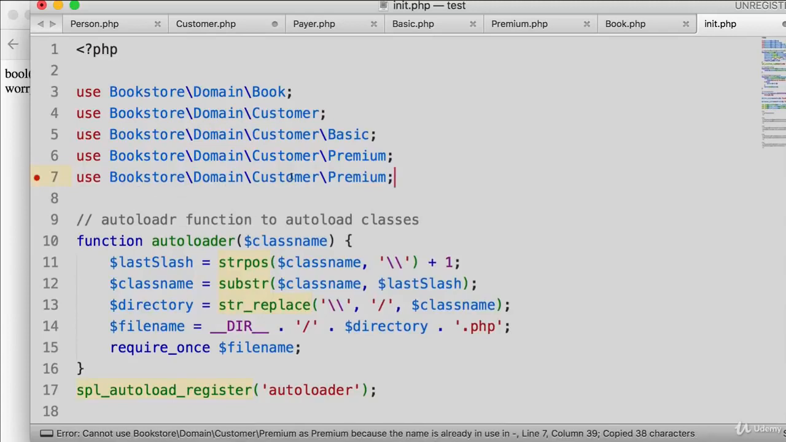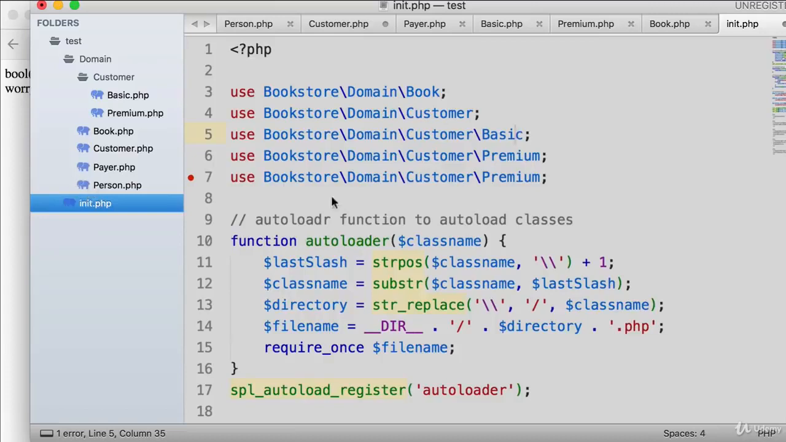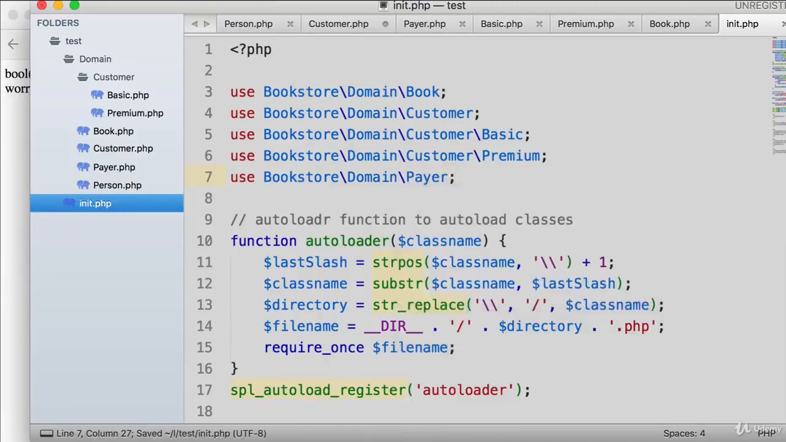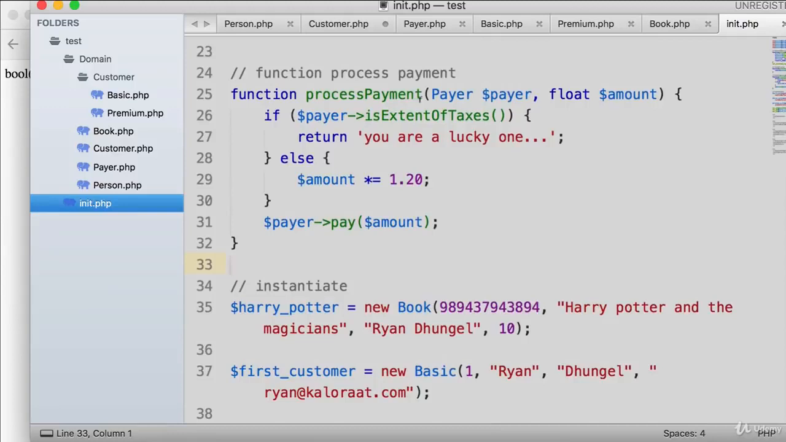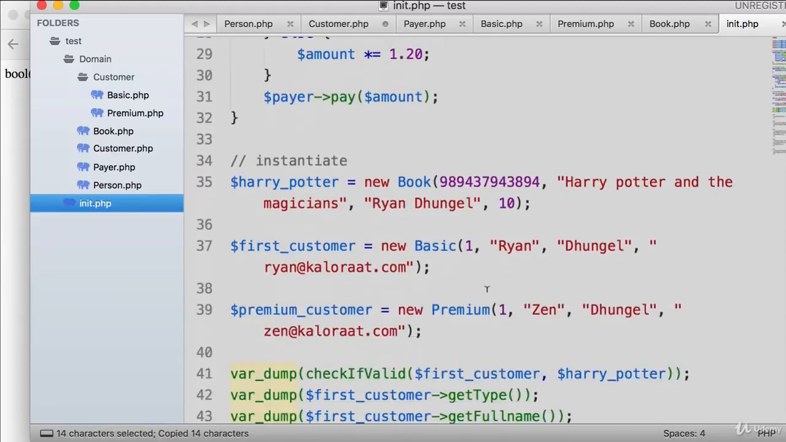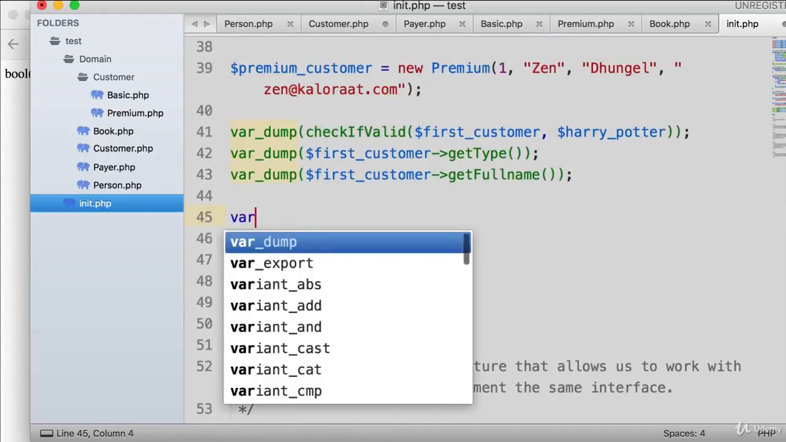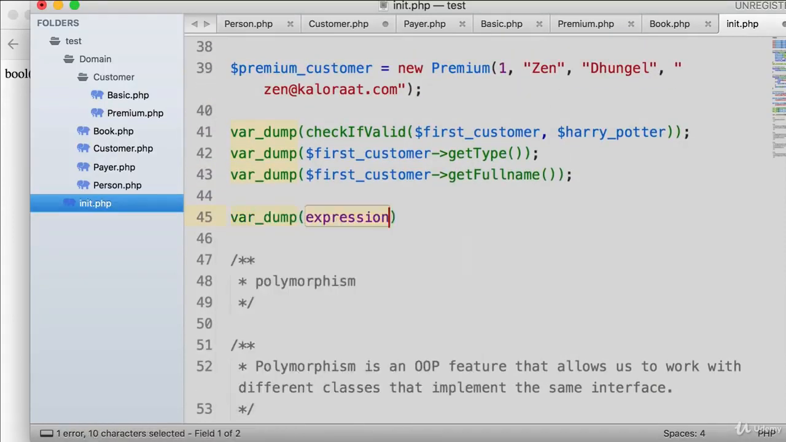Okay, bookstore domain. Let me see the folder directory here. Payer domain and then payer. Okay, now that we have this process payment function, let's give it a try, and we're going to try on both basic and premium. Okay, so let's begin with var_dump,